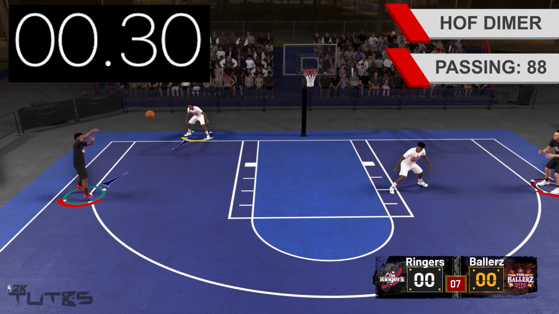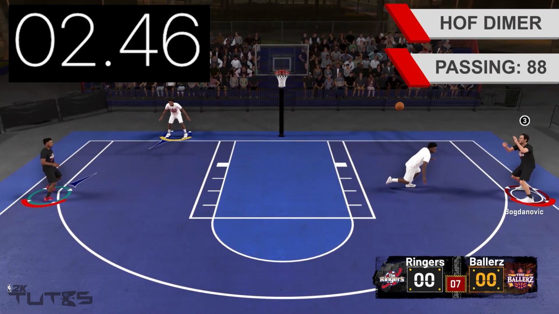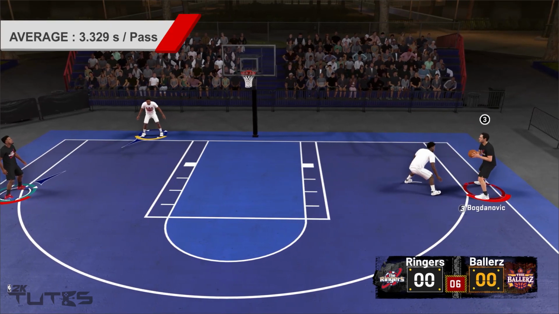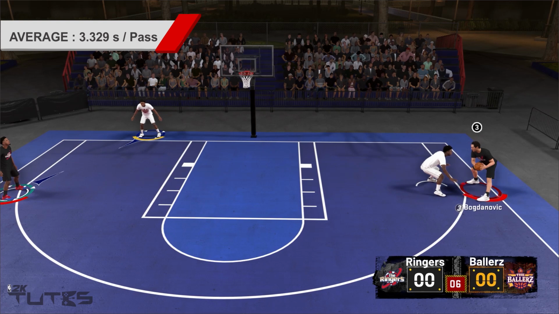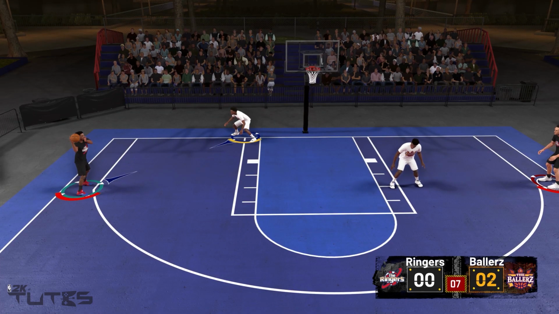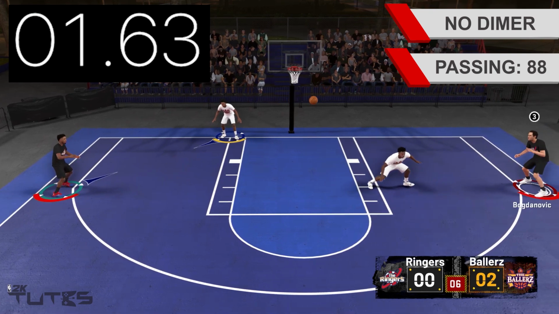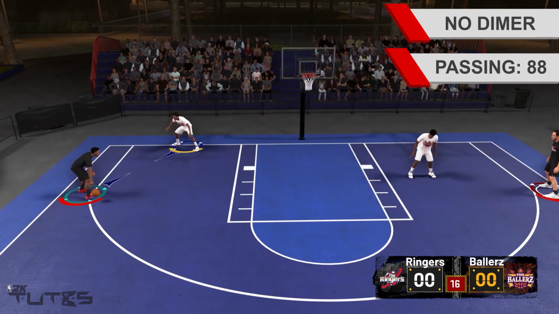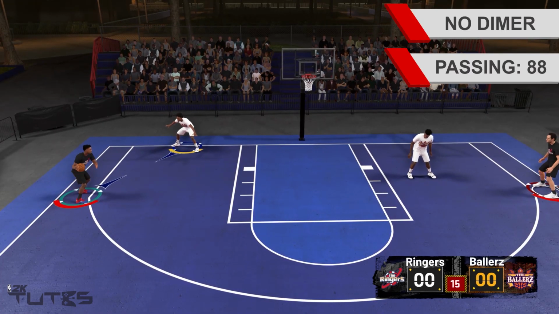So with the first test, we'll test Dimer in Hall of Fame with 88 passing. After 20 trials, I got an average of 3.329 seconds per pass. But you need to consider that I dropped the speed down to 30%, so in reality, it'll be quicker. And I tried it with no badge, and surprisingly, it was about the same. Sometimes it's even faster than with the Hall of Fame Dimer badge, but